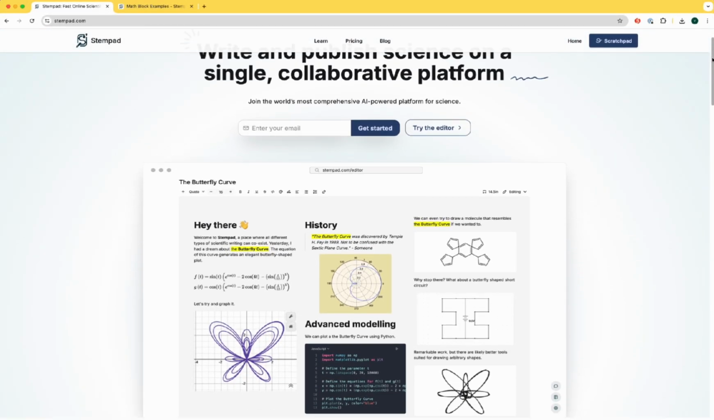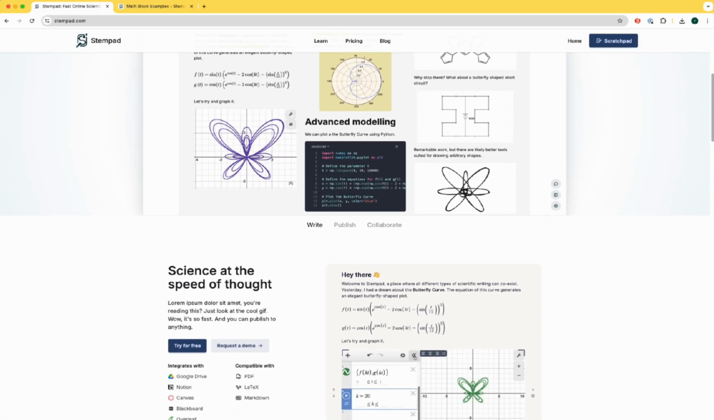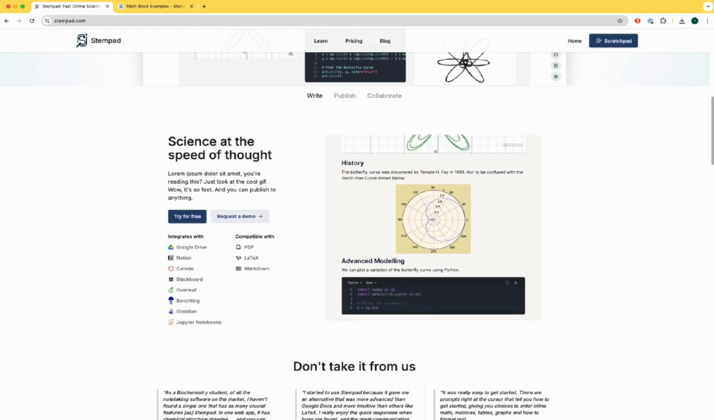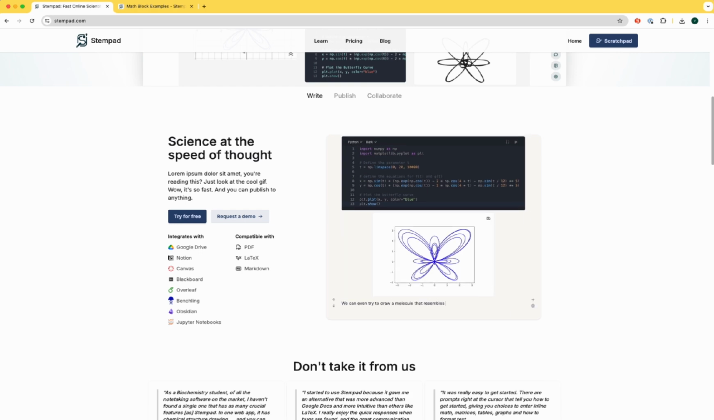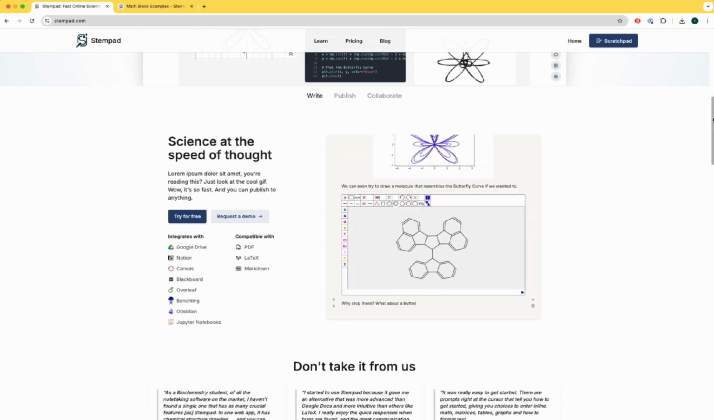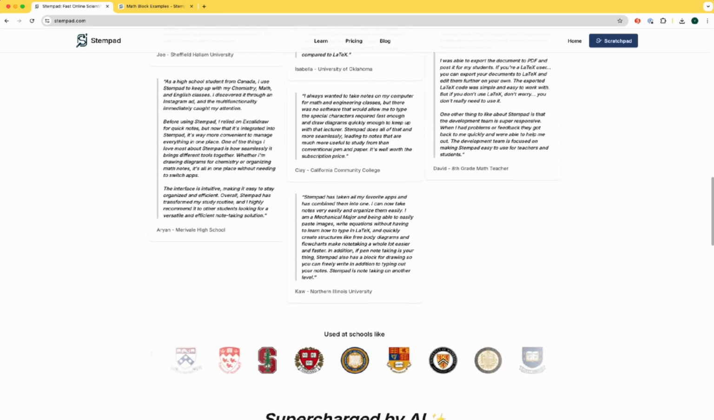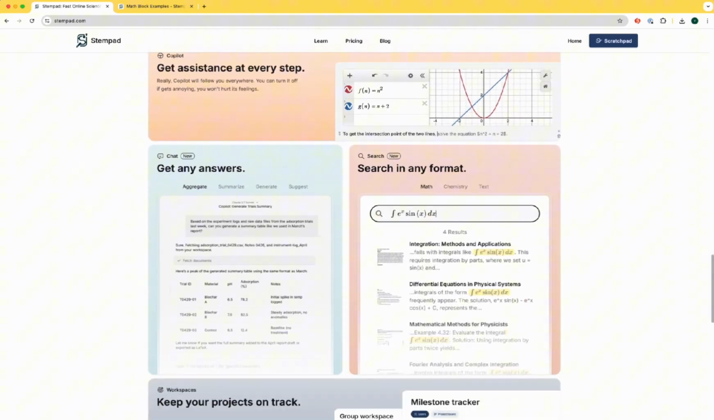Today I wanted to show you Stempad's math block, a super handy tool that makes it easy to write clean, readable math whether you are tackling your homework, taking notes, or just working through an assignment. From basic arithmetic to calculus and beyond, Stempad supports a wide range of expressions and symbols. Let's now open up a new doc on stempad.com and walk through a few examples so you can see the